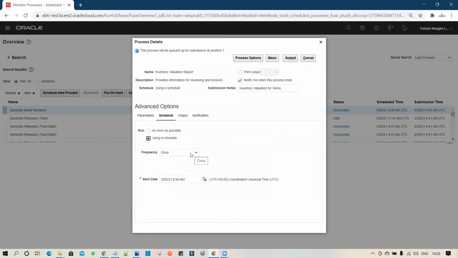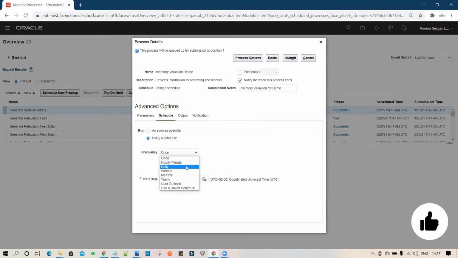There is a field called Frequency, where under the drop down you have multiple options available: once, hourly, minutes, daily, weekly, monthly, yearly, user defined, and use a server saved schedule. You can select any value based on your business need.